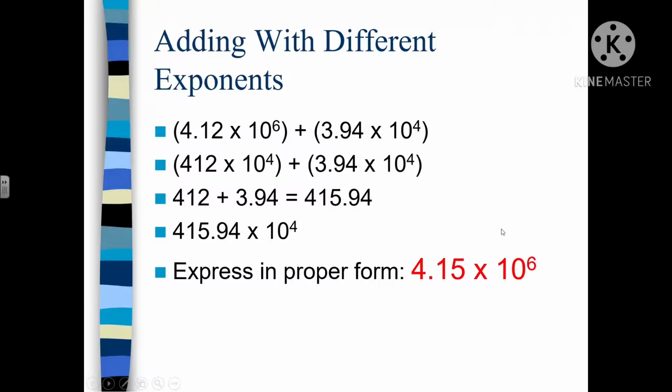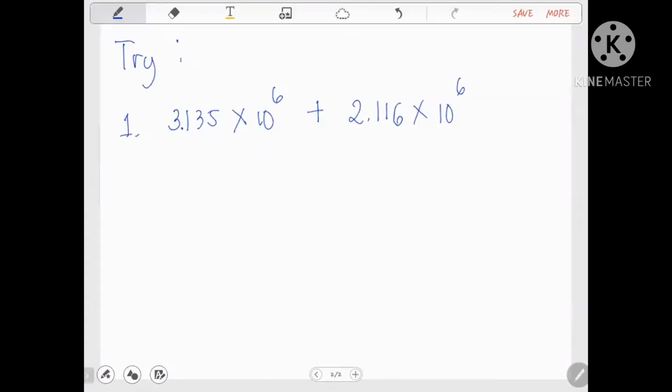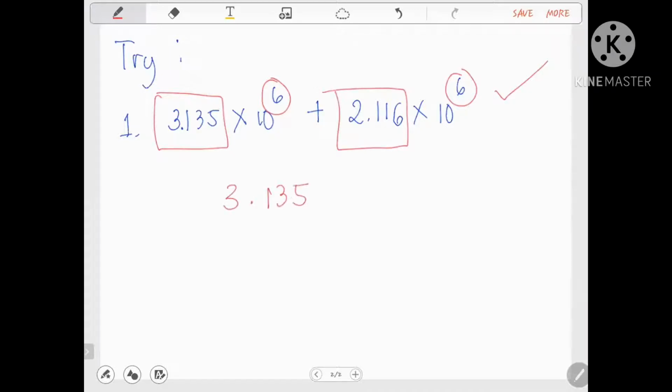All right. Okay, let's start. Let's answer this one. First, you have to look if their exponents are the same. So therefore, it's check. Second, if the exponents are the same, now you have to add these decimals. So 3.135 plus